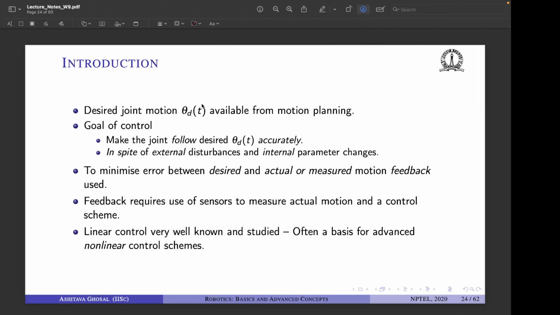So our objective is clearly defined, that we have the desired trajectory available from the motion planner, and now we want to follow it, right? So for a single axis manipulator,